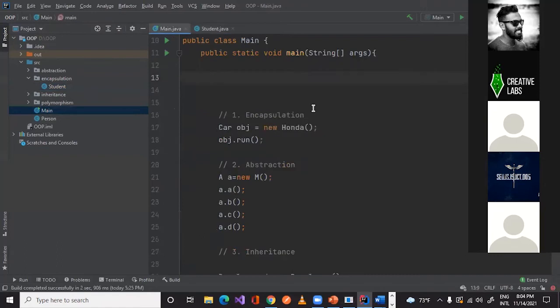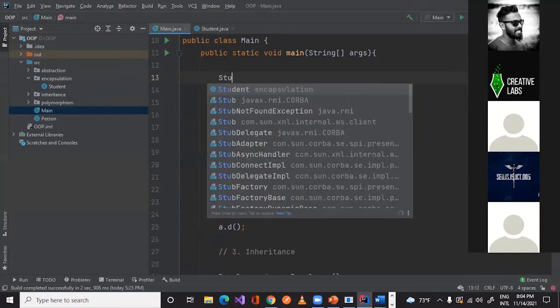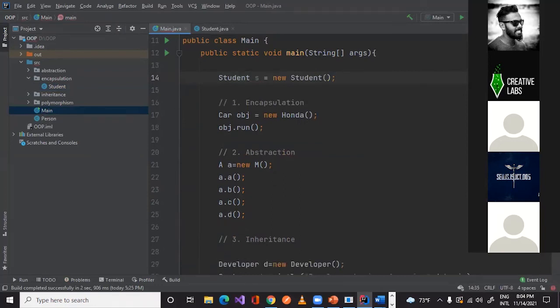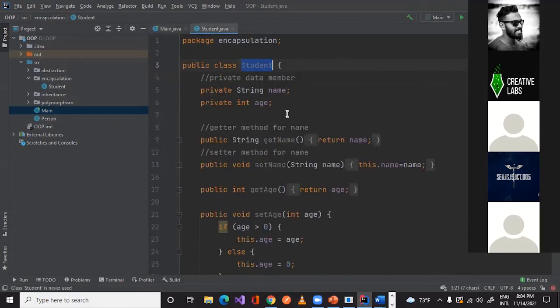Student s equals new Student. Is it correct? Yes. Okay, so in Student we have these data members, name and age.